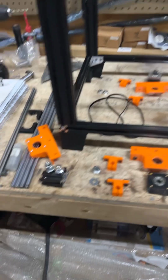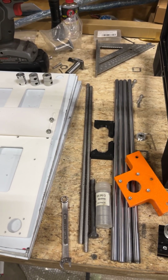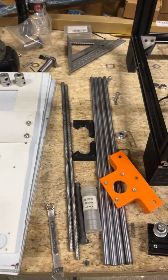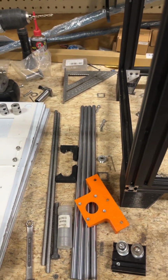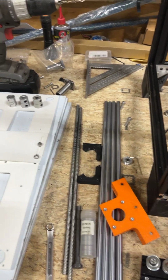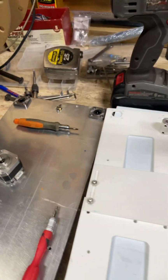Basically, if you had stock lead screws, I didn't measure them. I want to say they're 365 millimeters. They might be 385. I didn't measure them. But if you got stock ones, then the Z goes together one way. And if you got 400 millimeter ones, as long as you don't run stock Ender 5 linear bearings, they're 10